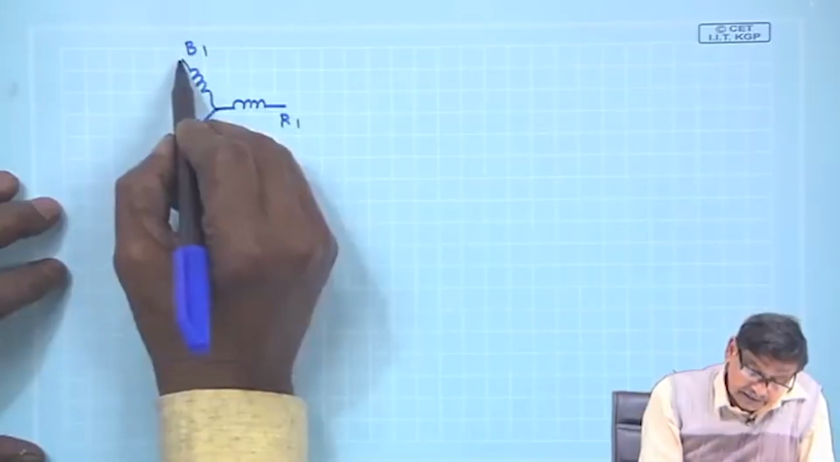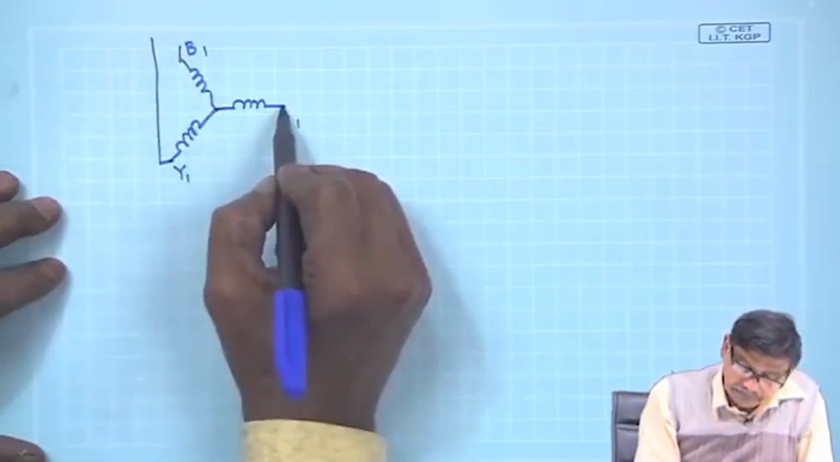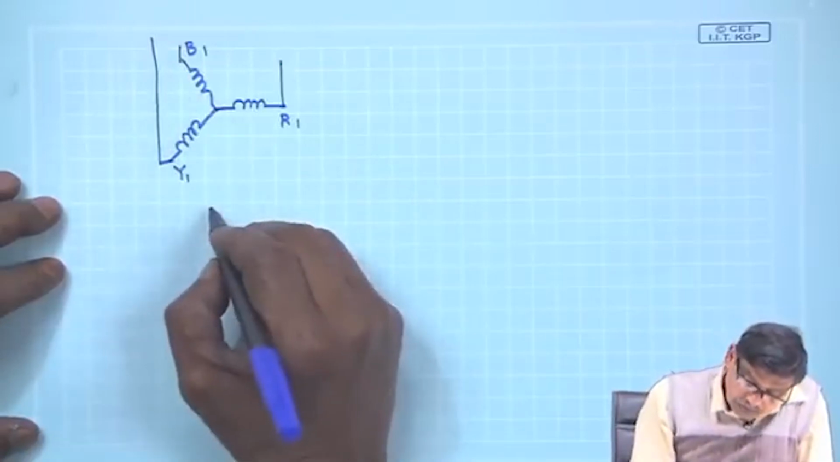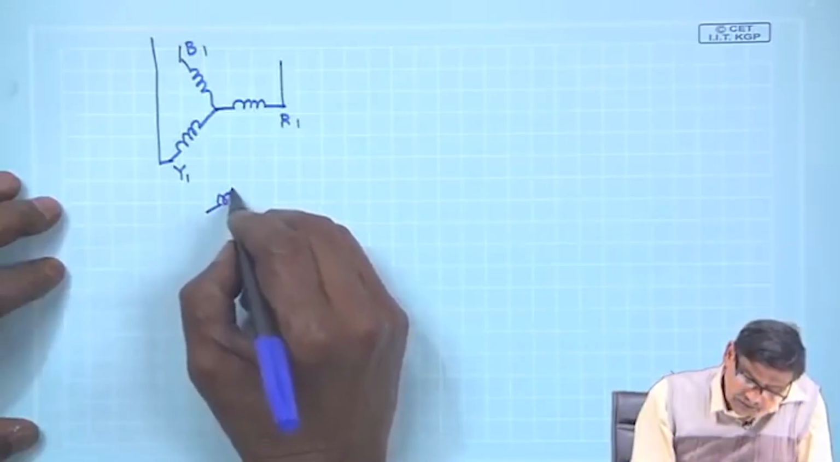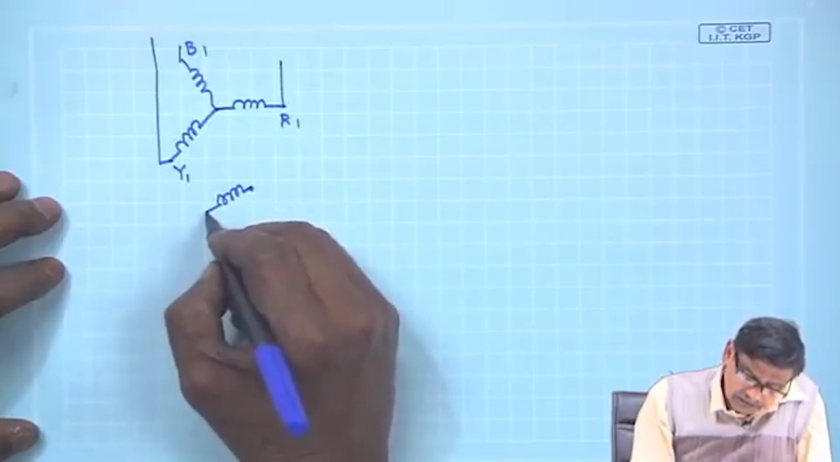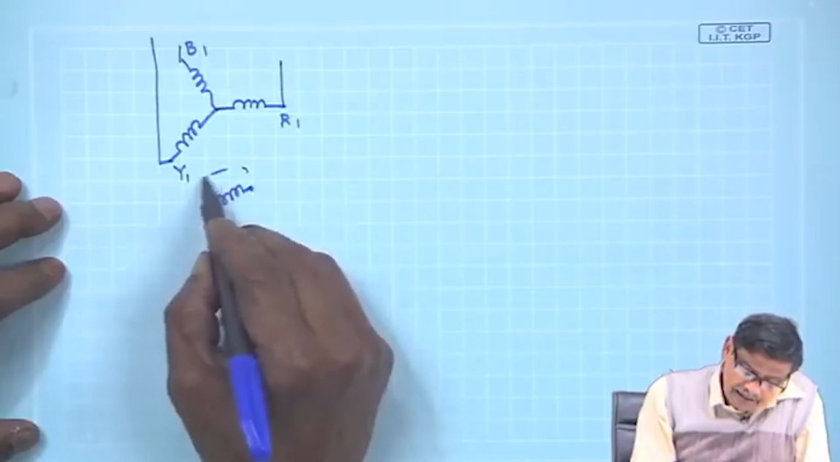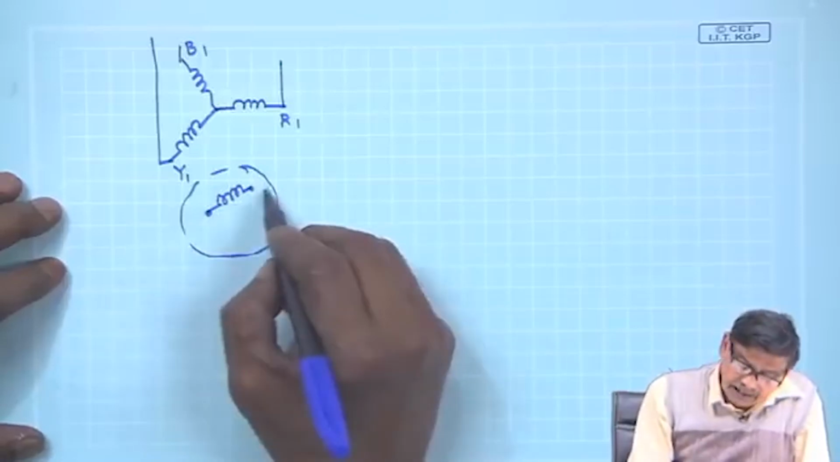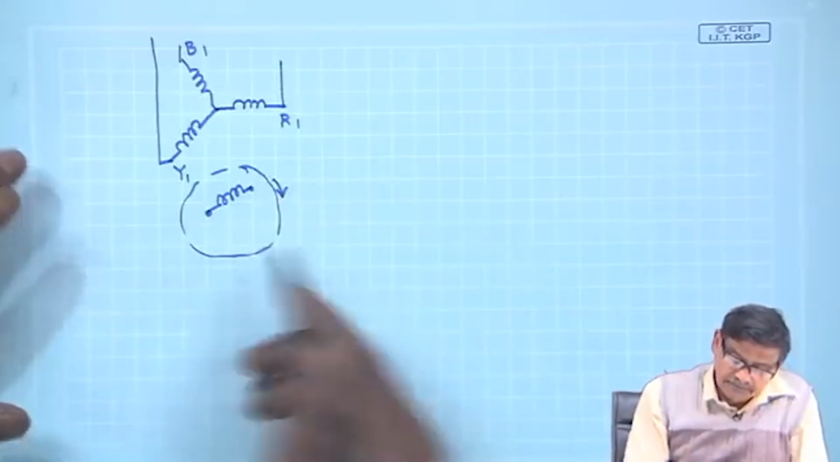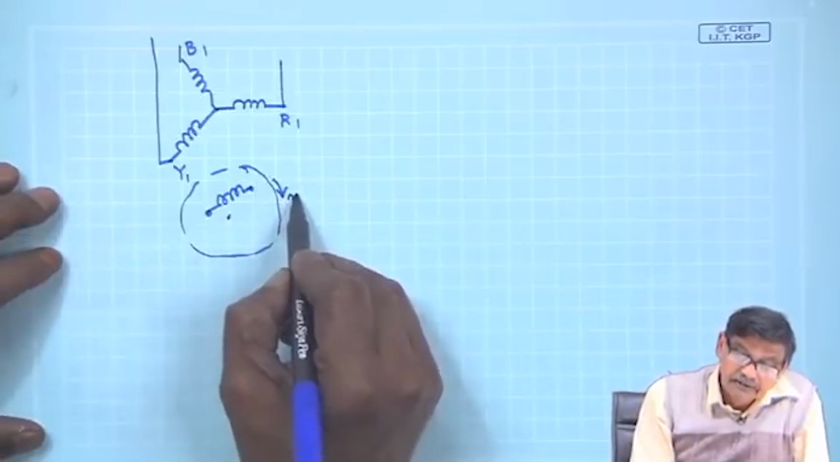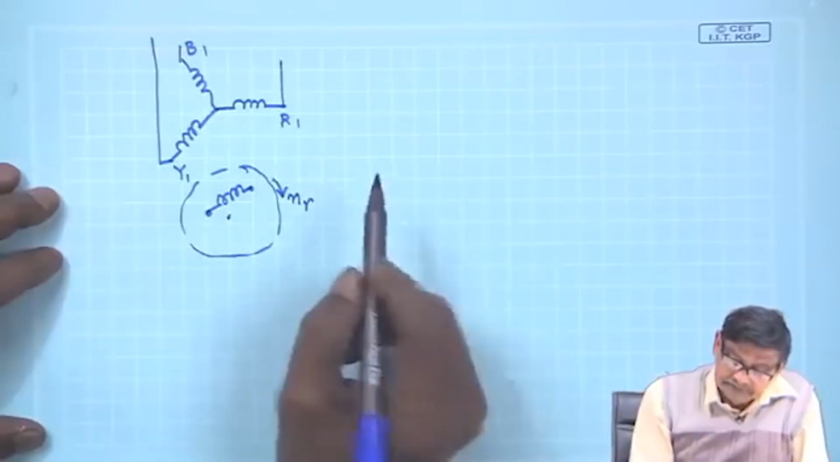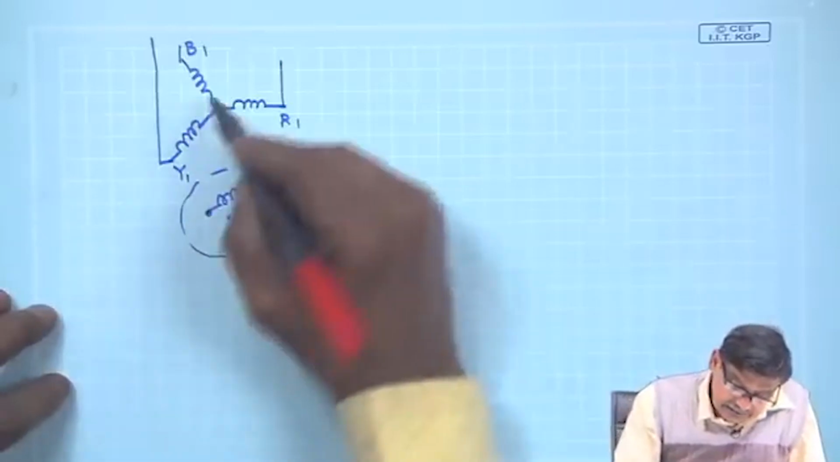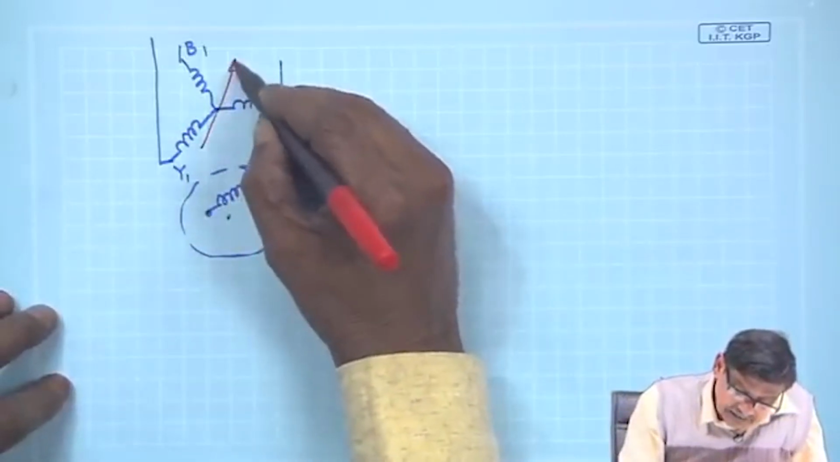I will connect it to the supply, and in the rotor I have a coil. I will just show it like this, rotor coils, and it is rotor. I will indicate by putting a circle around it, and rotor is moving something like that with a speed say Nr, and stator field,